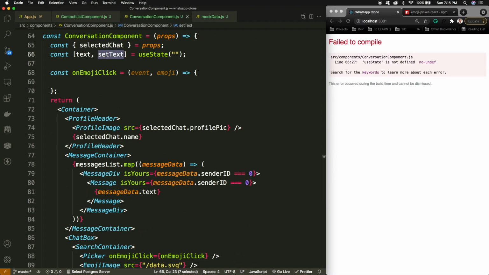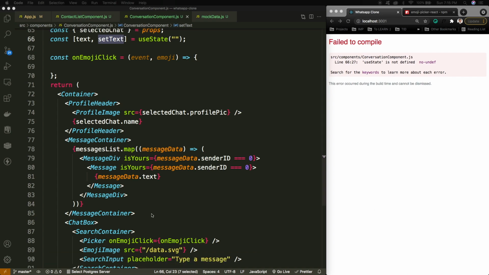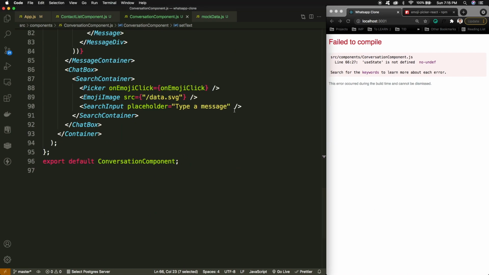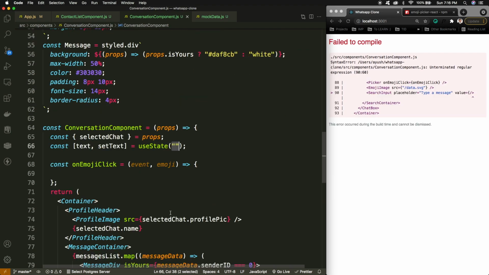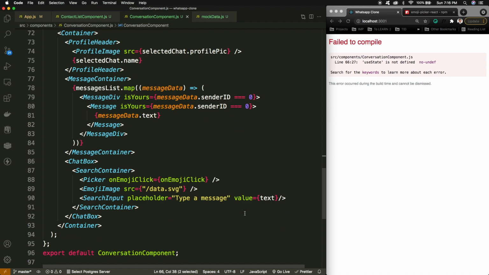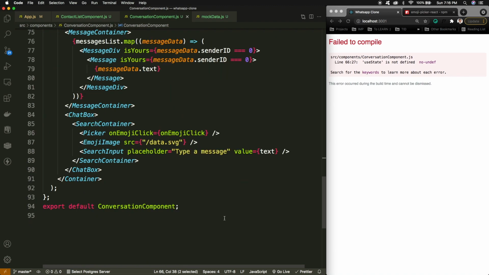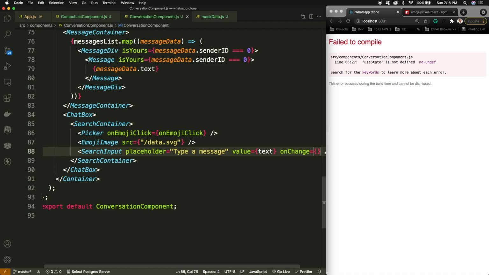And this set text will be used at two places, one for the changes in the input text. So this is the value that I can provide. The value will be text, whatever the text is selected. So initially it will be the empty string, and after that on change event will use this.